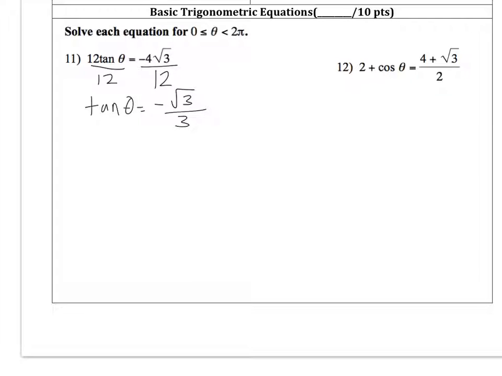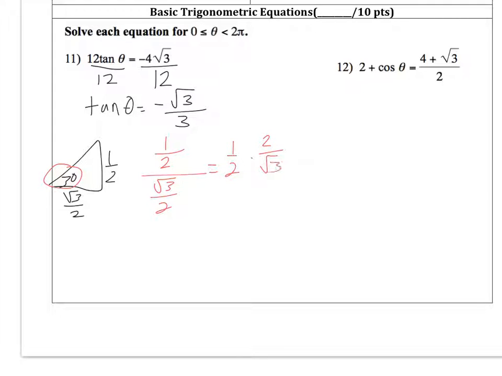In terms of this, I've got to figure out which trig function is the square root of 3 over 3. So I'm going to draw a couple triangles that I know involve square roots of 3. It's going to be a 30, 60, 90. It should be a half and root 3 over 2. And I've got to figure out which way, if I divide, I get this answer. I'll start with dividing tangent of 30. So we get 1/2 over the square root of 3 over 2, which is the same as 1/2 multiplied by 2 over the square root of 3. And when I cancel my 2's out, I've got 1 over the square root of 3,